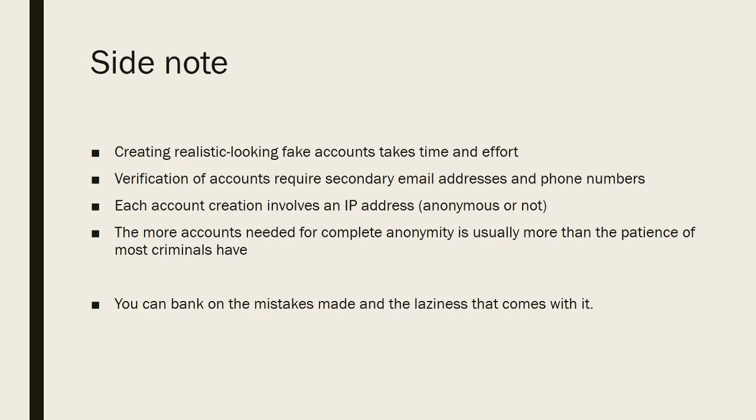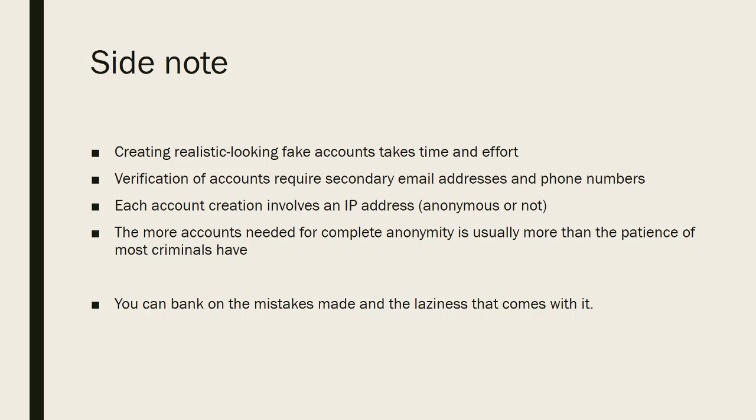Also, each account creation involves an IP address, whether it's anonymous or not. And by that I mean when someone's creating an account and they're going to the library and using the public Wi-Fi, or going to a cafe and using the publicly accessible private Wi-Fi, there's always going to be an IP address. Even Tor nodes are going to have IP addresses. So keep track of the IP addresses, because even though someone uses Tor through the entire case before they're caught and arrested, all it takes is that one time they use their home IP address that will break all the hundreds of times they did it correctly.